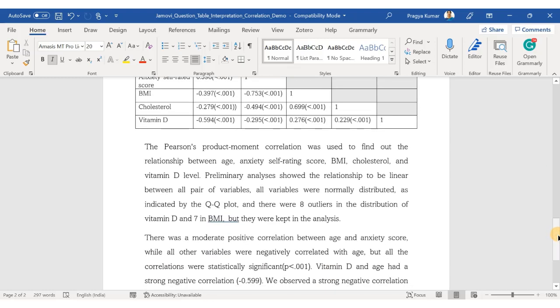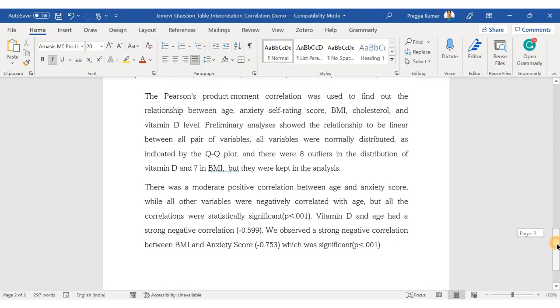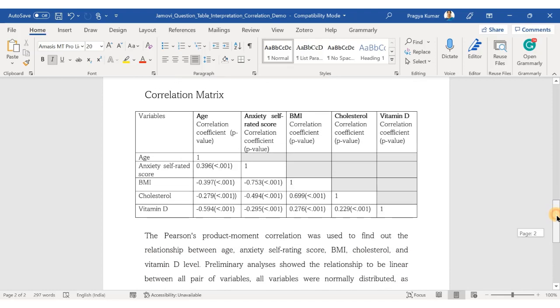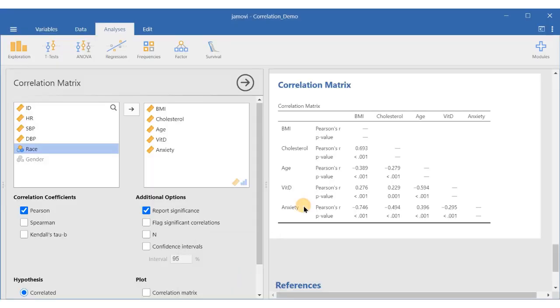Similarly you can write the interpretation for variables which are more than 2. But in this case also you have to check for linear association between each and every variable, and then you have to check individually the outlier also for every variable, like we have seen with the 2 variables. So this is how you interpret the result and you put the command in the Jamovi.